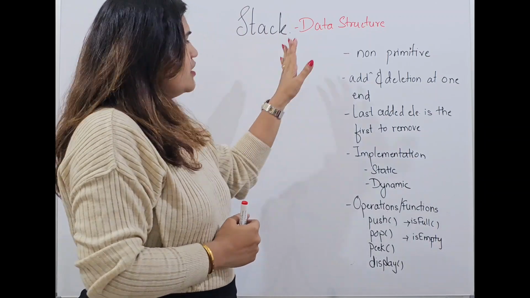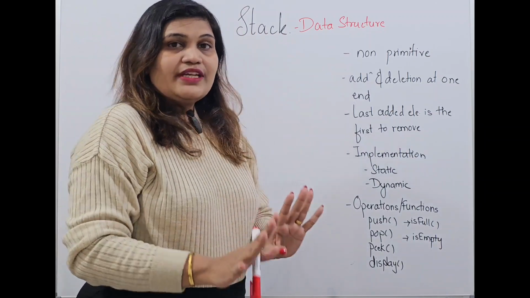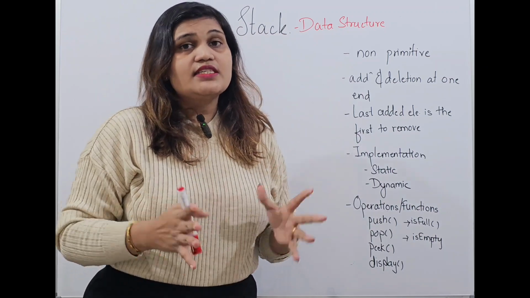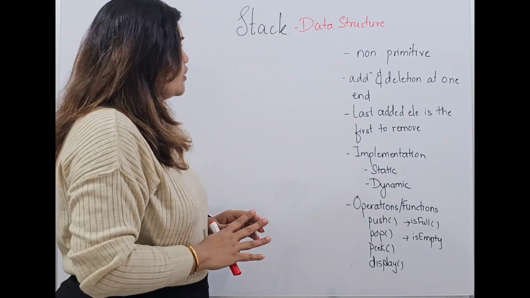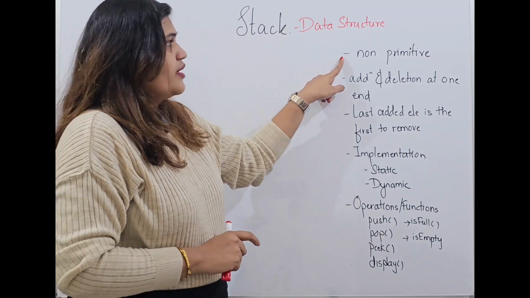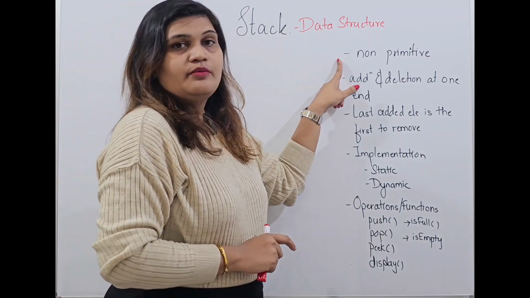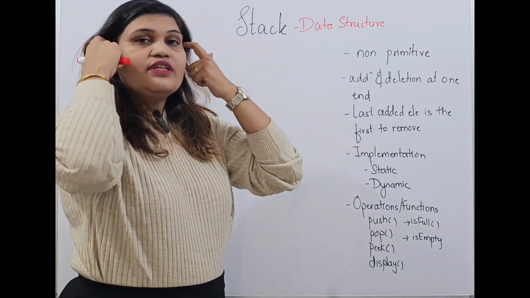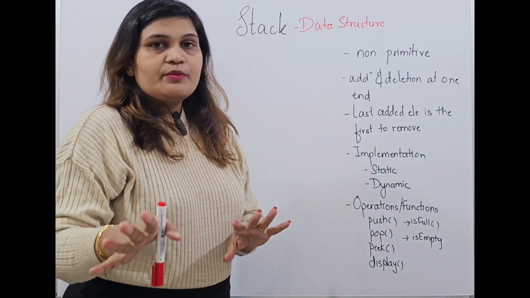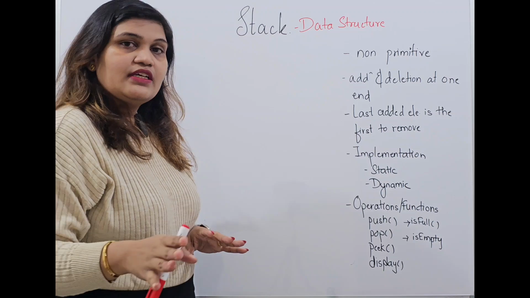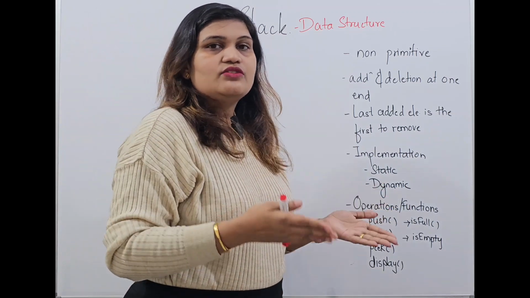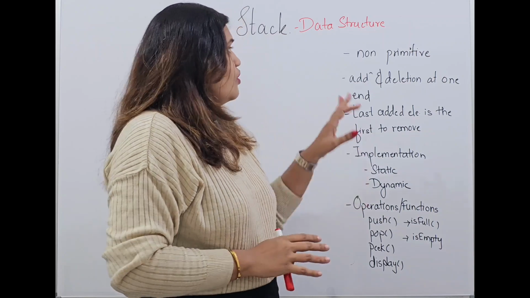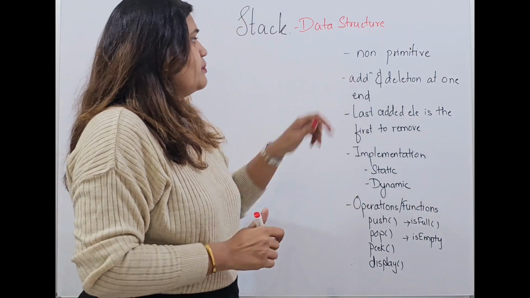Now in stack, there are various pointers that we need to know so that we can identify that we are using or implementing the concept of stack. Now let's understand what these pointers are. The very first point is that it is non-primitive. When we say non-primitive, we have two types of data: one is primitive, one is non-primitive. Primitive data is what you have already used: integer, character, float, already used in your C programming. Those are all your primitive data. But when we say non-primitive data,